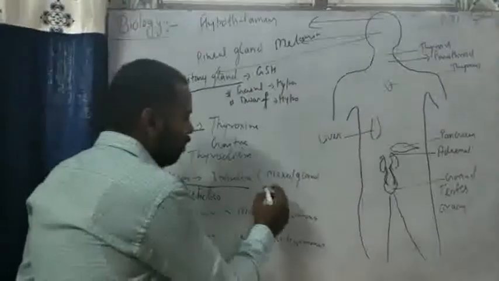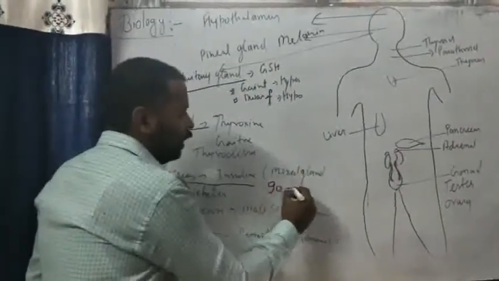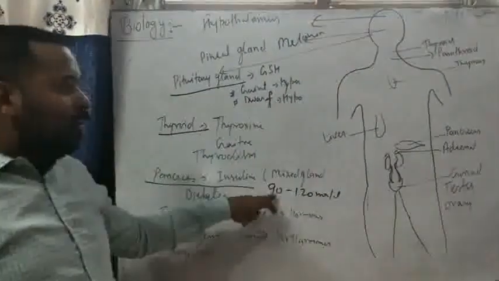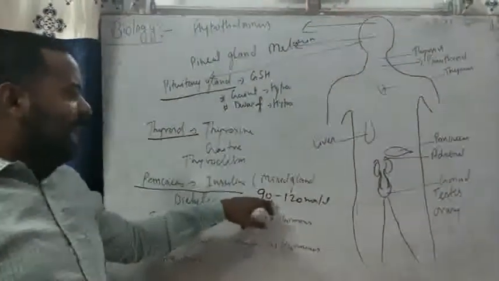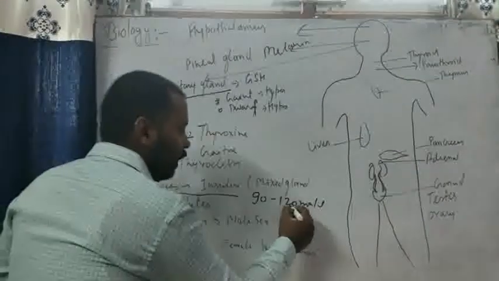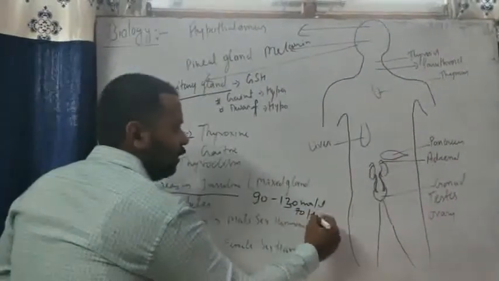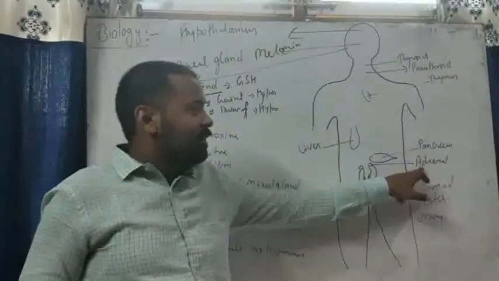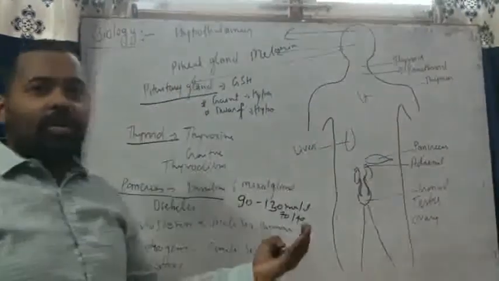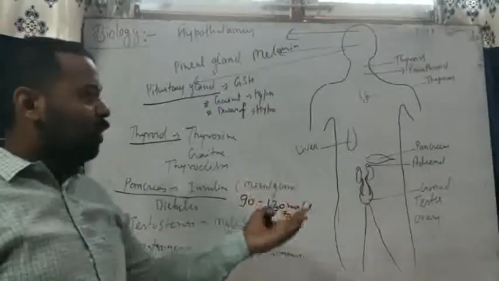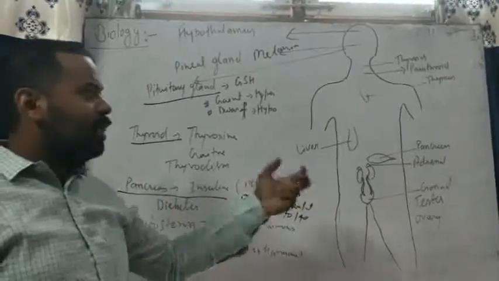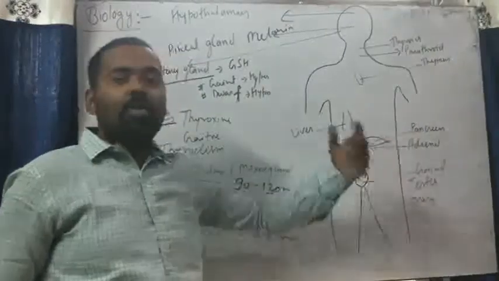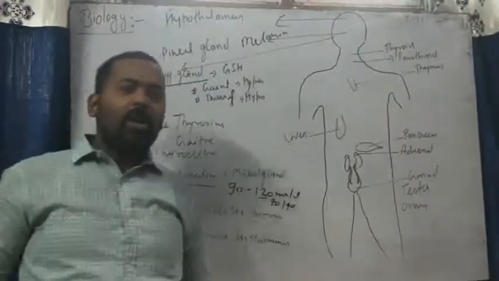The normal level of insulin is 90 to 120 mg per liter. It means the lower level before eating any kind of food is 90, and after that it is 130 to 140 mg per liter. And one more important gland is there, adrenaline, which maintains blood pressure. In your previous classes' question papers, questions arise from blood pressure, where you need to learn about the adrenal gland which secretes adrenaline. This is all about chapter 2.